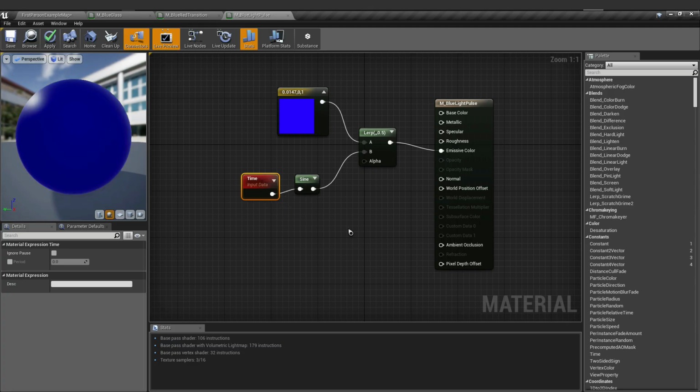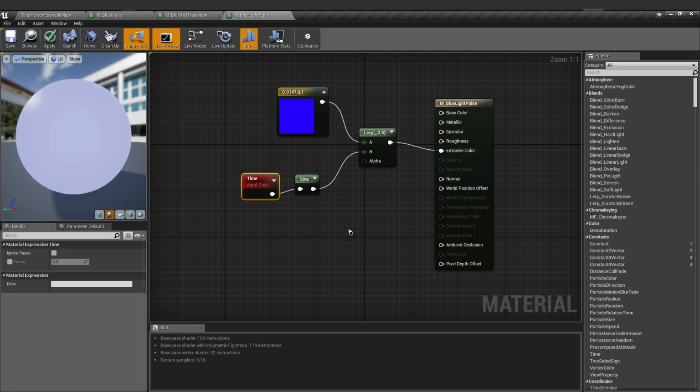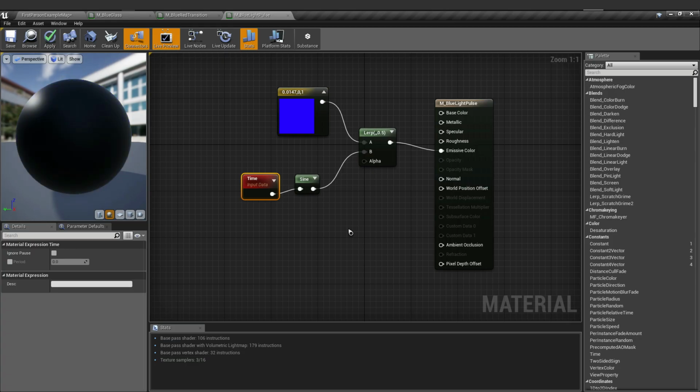So the emissiveness changes depending on the time and on the value of the sine that we added.